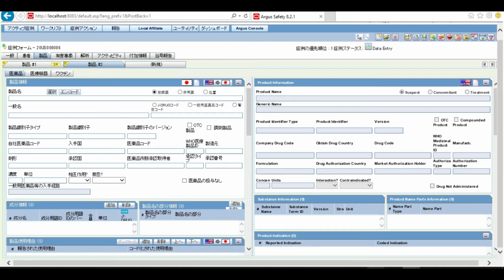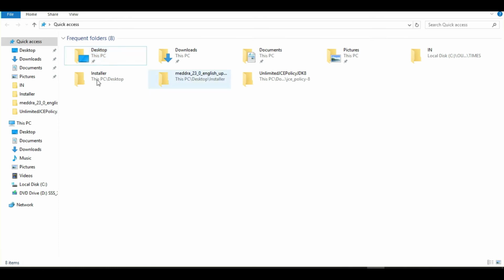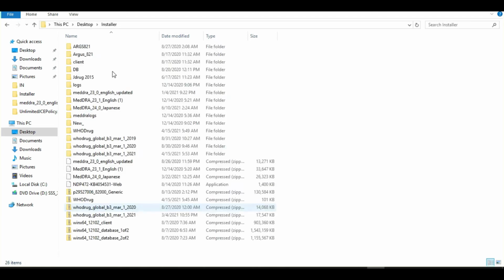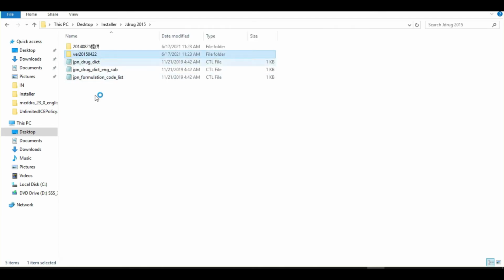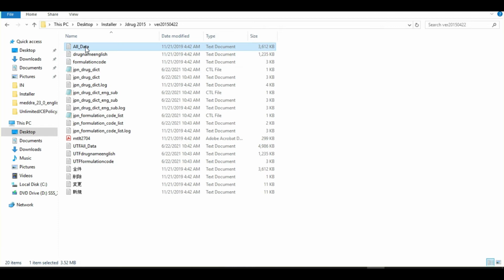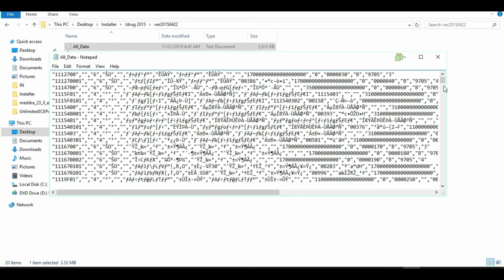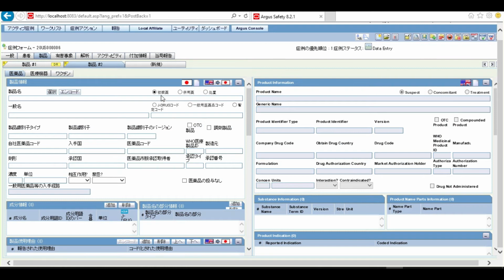So let me find one code from the dictionary. So let me select the first one and navigate to the JDrug dictionary and